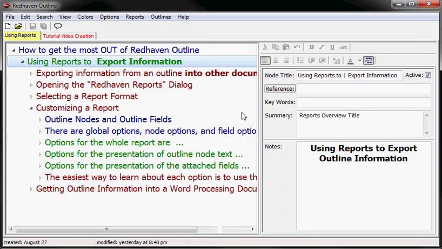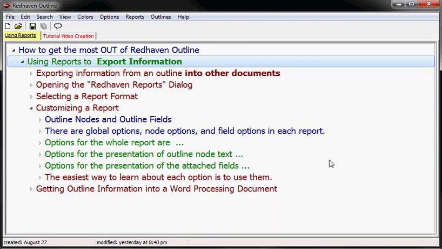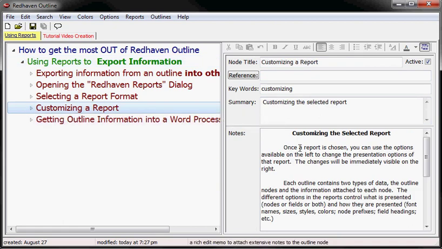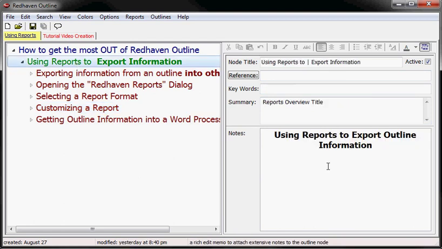Let's close this here. In Redhaven Outline there's the outline information and the associated field information. This is the outline, this is the field. And what we'd like to do is make a report that brings in just this field information and it uses the outline information to sequence this, but it doesn't actually print or display the outline information. So I will choose that as my top